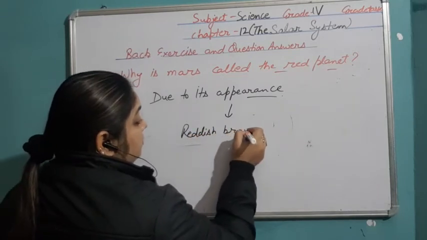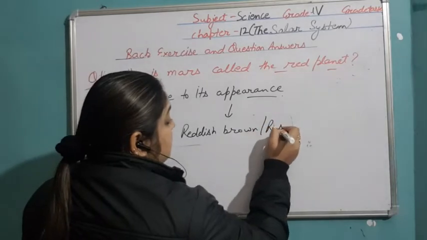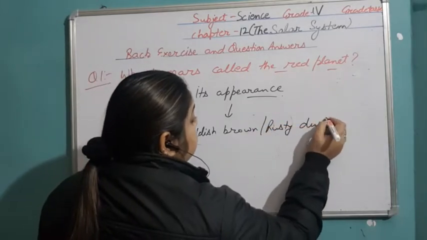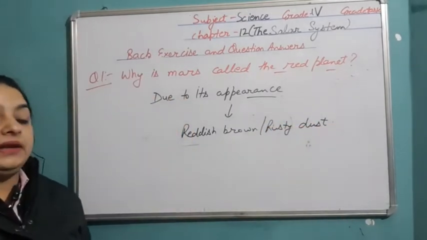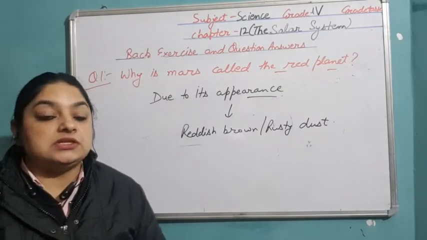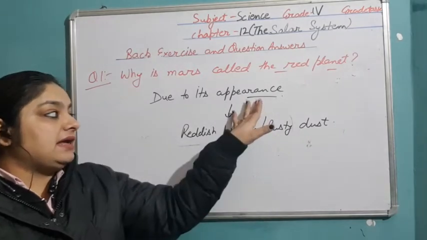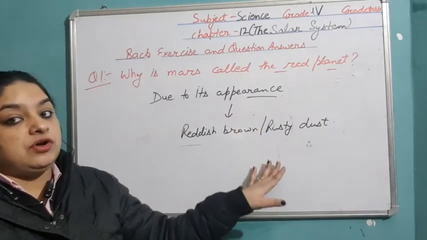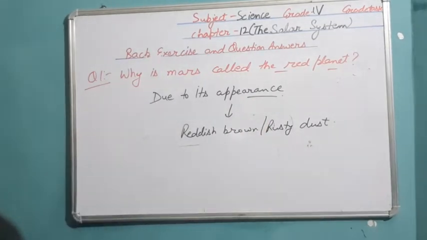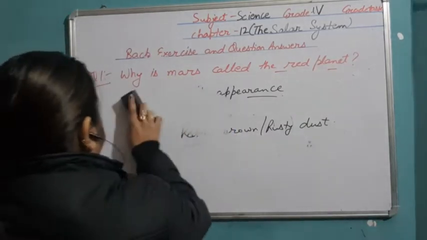reddish brown or rusty dust on the planet Mars. Only due to the presence of the reddish brown or rusty colored dust, it seems red in color. That's why we call it the red planet. Question number 4 is,